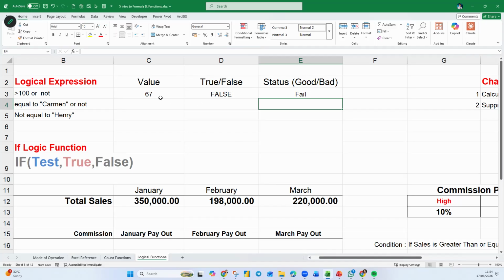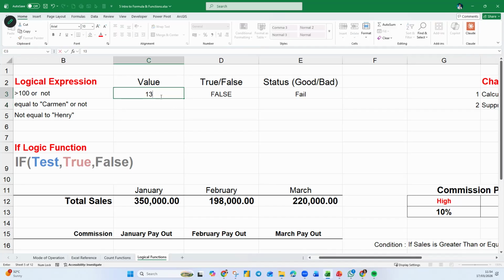So this person failed, 67. If he gets 135, they pass. What happens if this person gets exactly 100, still fail? You have to be more than 100. So if you want to include the 100, then you put here C3 greater than or equals to 100.